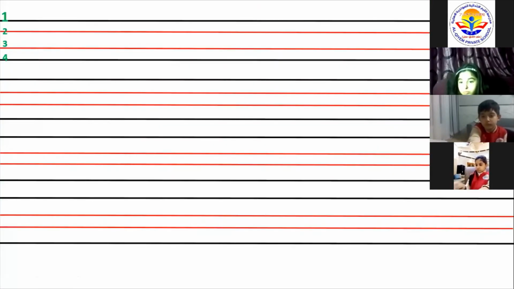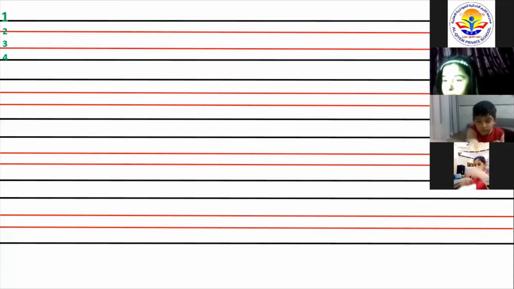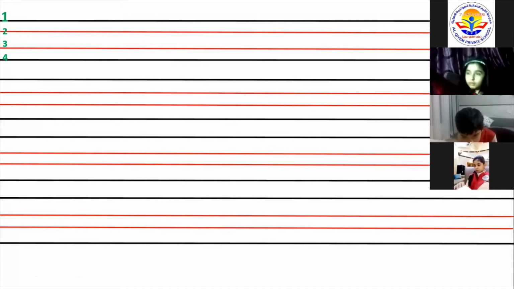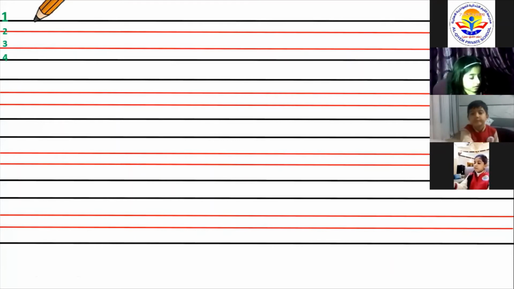Now let's learn how to write it in the correct way. First, let's write the capital letter J. We have to put the pencil on the first line and then draw a vertical straight line from the first line to the